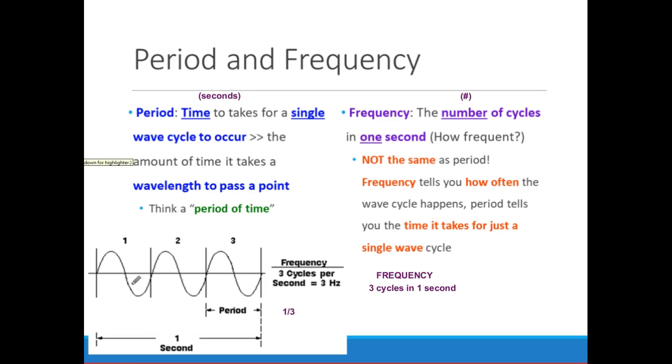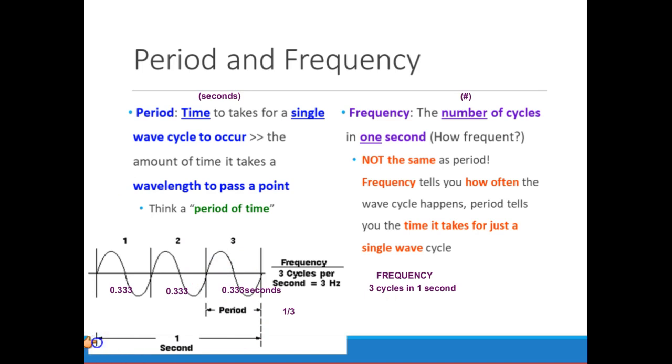Yeah, exactly. Right? So if you look at this, what we actually have is for a single cycle, it takes 0.333 seconds. Here, this one will take 0.333 seconds. And here, this one will take 0.33 seconds. So that would be the actual period. 0.33 seconds is how long it takes for a single one of these periods. Put 3 of them together, and you suddenly get your frequency. Smiley faces if that makes sense.